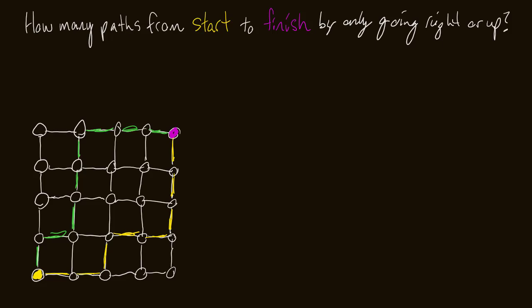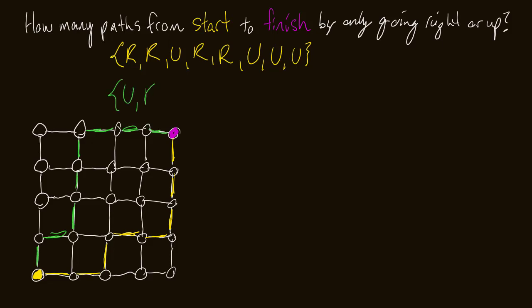So the first time here, let's do this in yellow because it's what I drew the first time. The first time, what moves did I make, right? I went right, right, up, right, right, and then up, up, up. Okay, cool. Now the second time, right? Let's do this in green. What moves did I make? I went up, then I went right, then I went up, up, up, and then I had to go right,